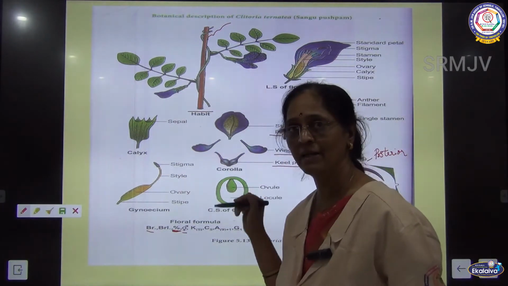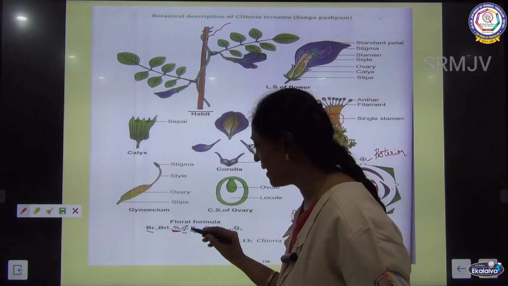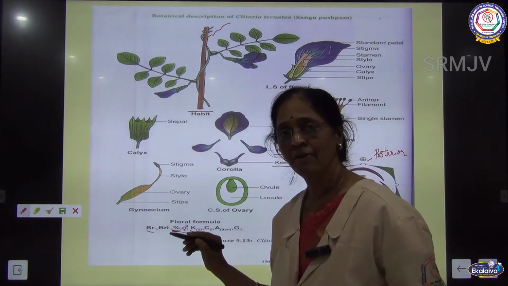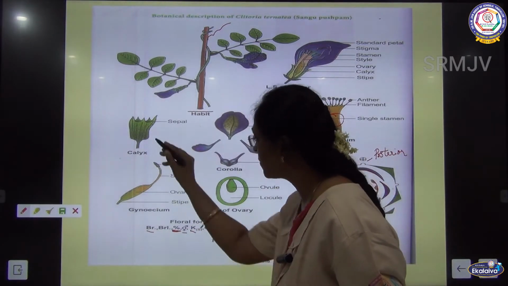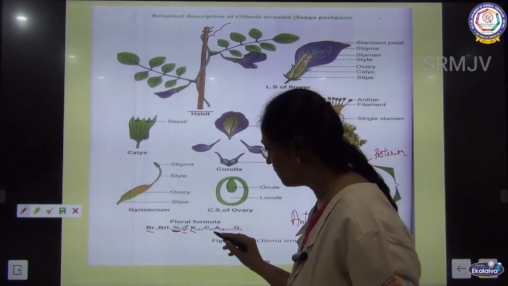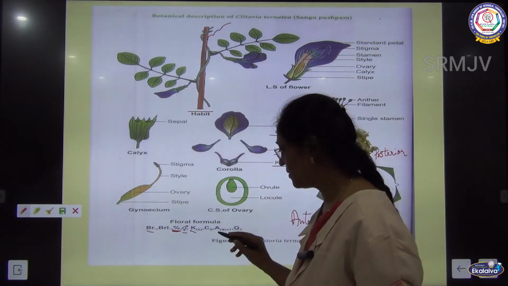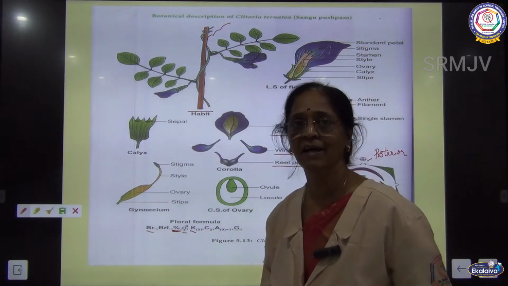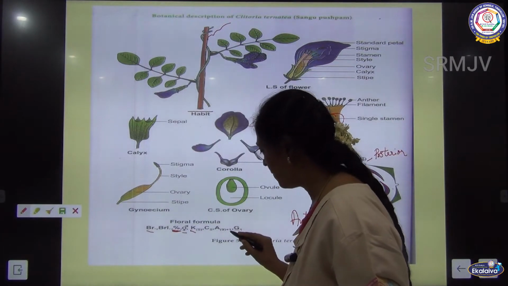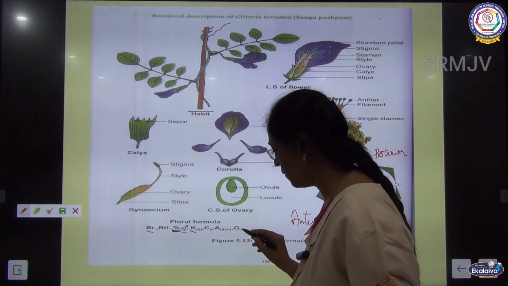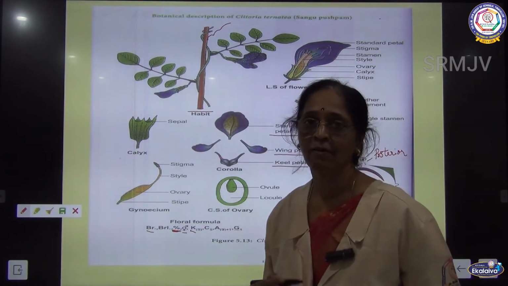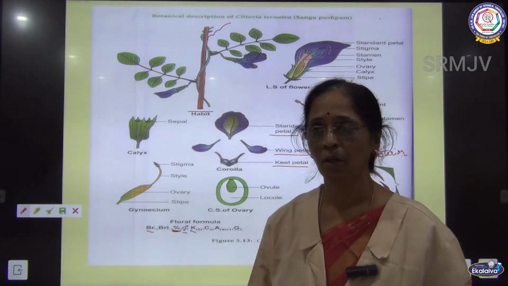And this symbol represents bisexual. You will find androecium and gynoecium, and K is calyx, and here how many are there? 5 sepals, and they are fused. So it is gamosepalous, which you put inside the bracket, and corolla is 5 polypetalous, and this is the androecium forming a diadelphous condition, 9 forming a single bundle plus 1 remains free. Gynoecium is monocarpellary, 1, and then you will find that a line is drawn below G. It represents a superior ovary.